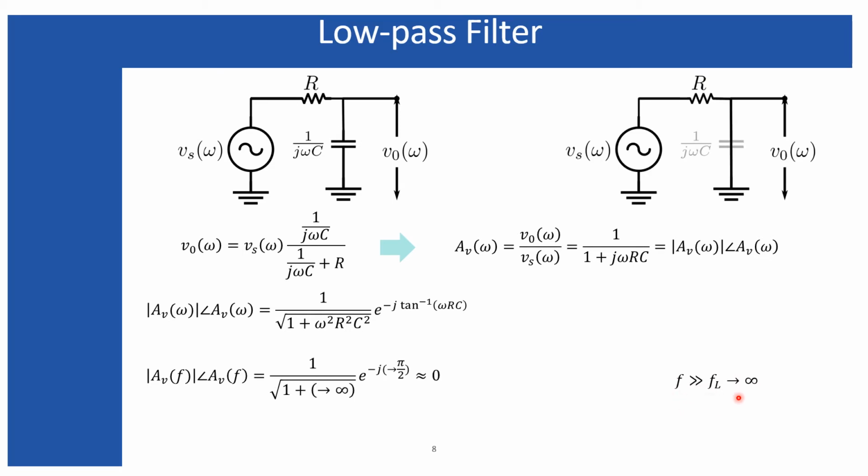When f is very greater than FL, we can assume that this factor goes to infinity, because f divided by FL was there, and f is very large in comparison with this FL. So I am considering it is infinity. When it is very large, 1 over this very large factor will make this amplitude 0, and the phase angle goes to minus pi by 2 or minus 90 degree, which signifies that for a